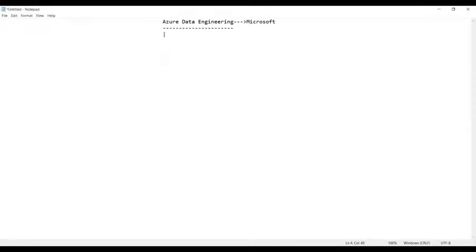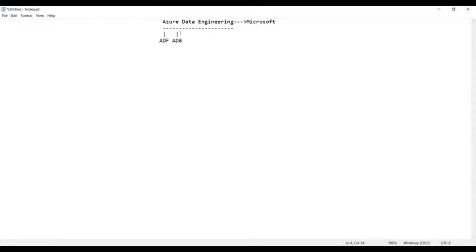The first service within this Azure data engineering is ADF, which stands for Azure Data Factory. Apart from ADF, we also have the service called ADB, which stands for Azure Databricks.